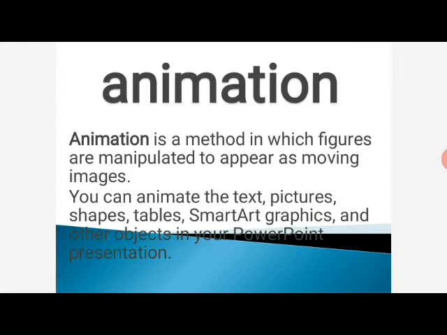So, we can give animation to any kind of object. We can give animation to charts, Excel sheets, clipart pictures, from file pictures, or other objects.